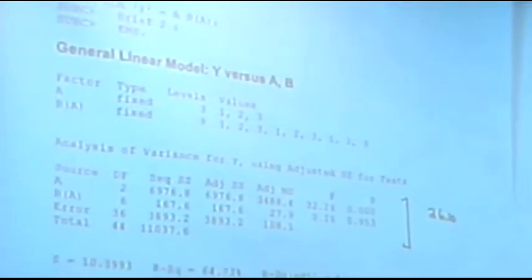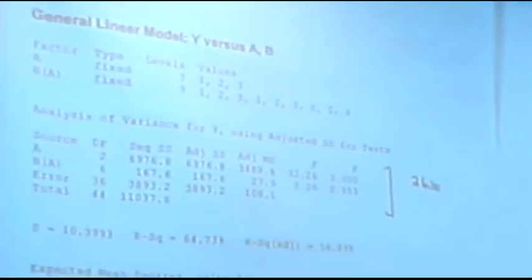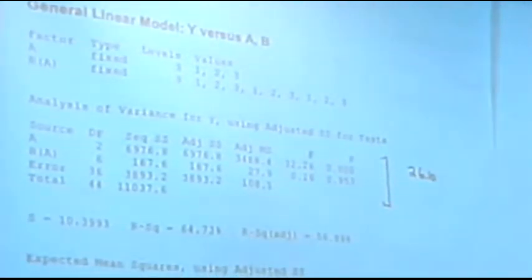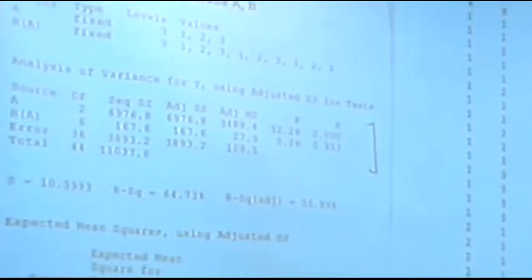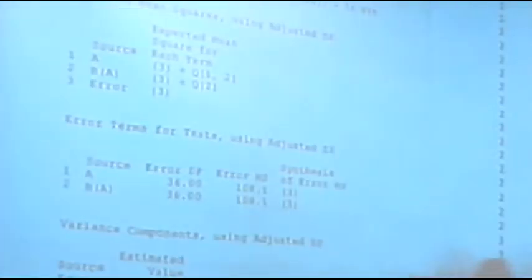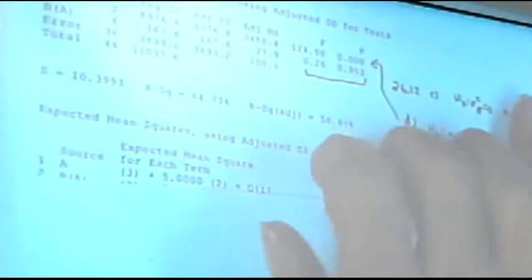Then in a later question, it says, well, in the first one, B is supposed to be fixed. And in a later question, it says, suppose B is random, do some testing. So when I gave this command, the subcommand random B there, I got this ANOVA table. And the F statistics are 124 or something and 0.26. So again,